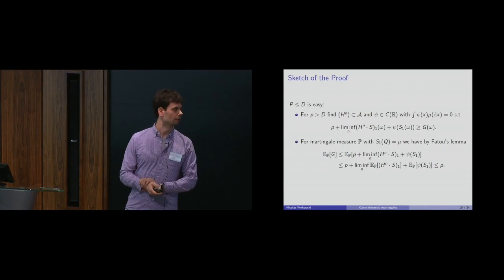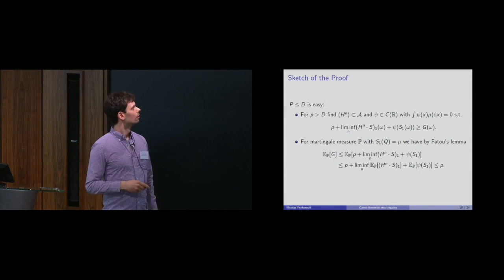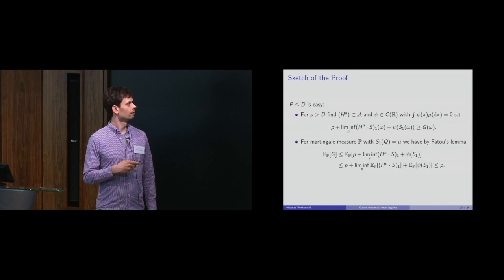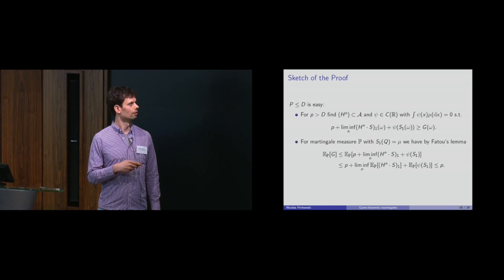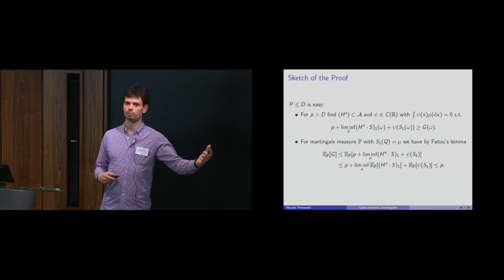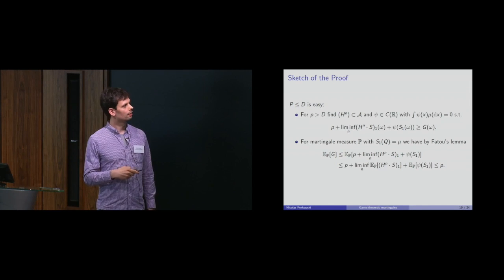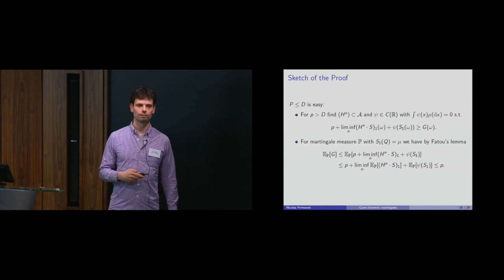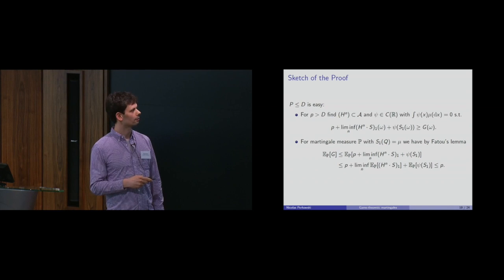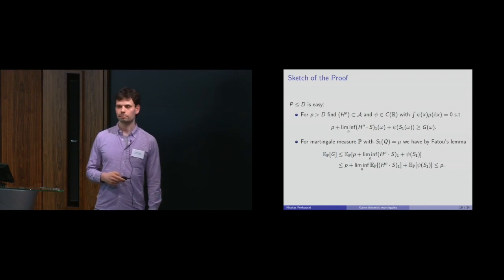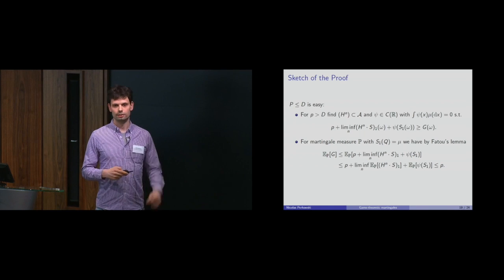Okay, now let's look into the proof. So again, the easy direction. How do we show that? We want to show that the primal problem is bounded from above by the dual problem. So we take anything which is larger than the one in the dual one. The dual one is the pricing problem. The primal one is the expectation problem. We take something which is larger than the D. This means that we can find a superhedge starting from this P. So we find a sequence of strategies. We find such a psi which integrates to 0 such that we have this pathwise inequality.